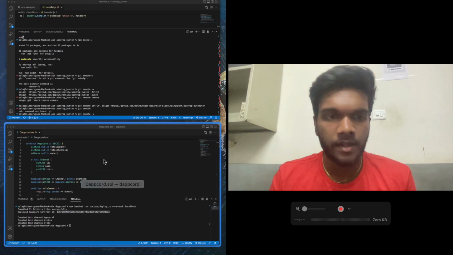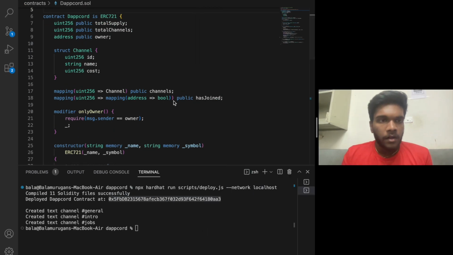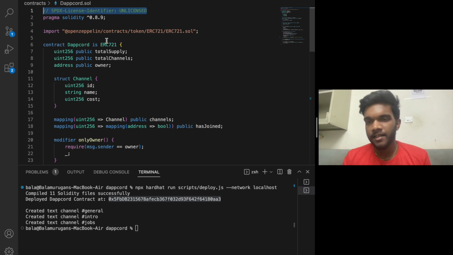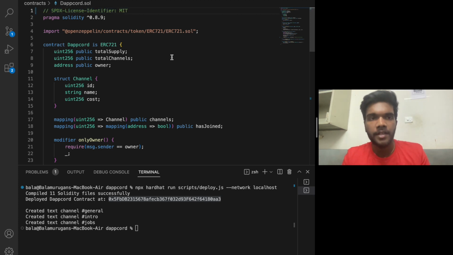Okay, here we go. So as usual, the first line is the SPDX license identifier. This is an unknown license, so it can be MIT. I personally go with MIT because this is open source. Anyone can use it. And the second line means we are using Solidity version 0.8.9 or greater for